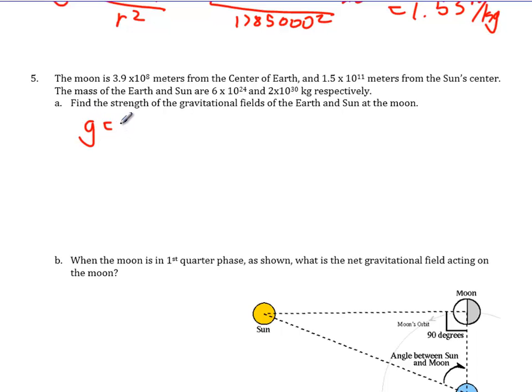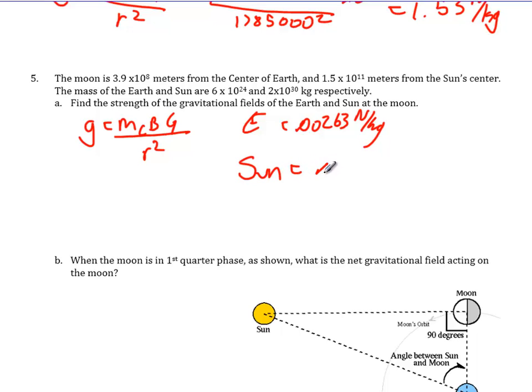g equals mass of the central body times G divided by r squared. So you do this once with the distance from the sun and once with the distance from the Earth, once with the central body as Earth, once with the central body as the sun. So for Earth I got 0.00263 newtons per kilogram. For the sun I got 0.00593, and you're thinking, wait a minute, if the sun pulls more on the moon than the Earth,